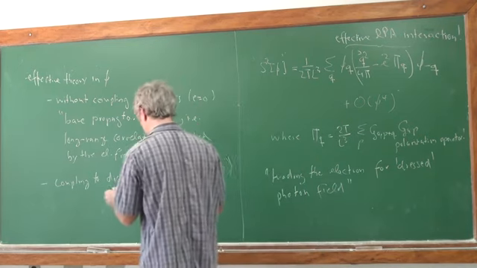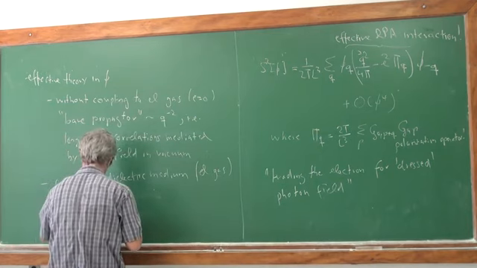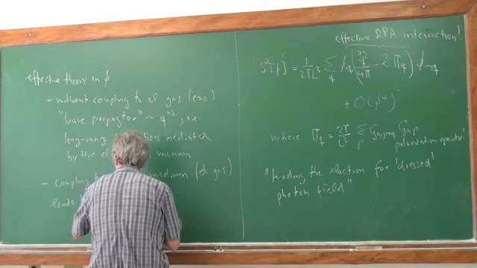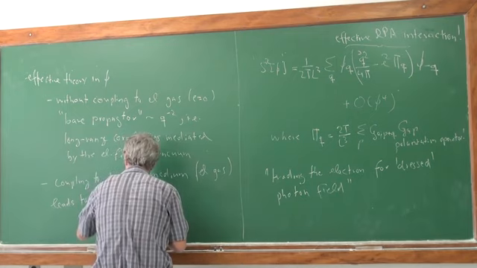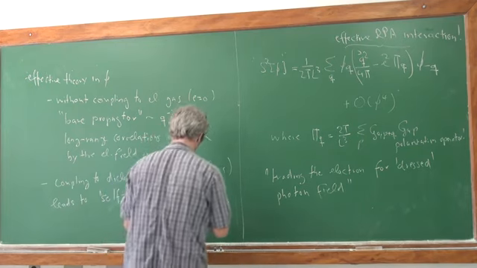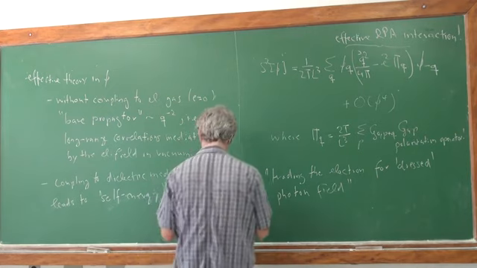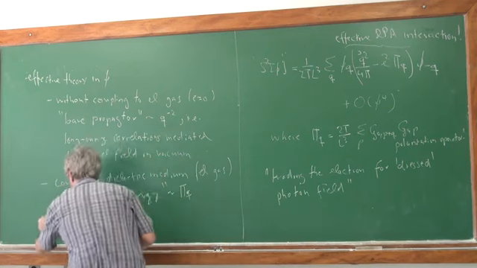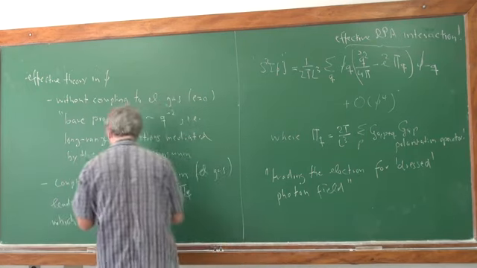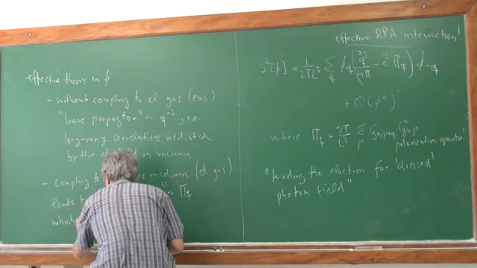In the high density limit this leads to the appearance of a self-energy, which is here given by the polarization operator P of Q. And this, we saw, will make the interactions short range,